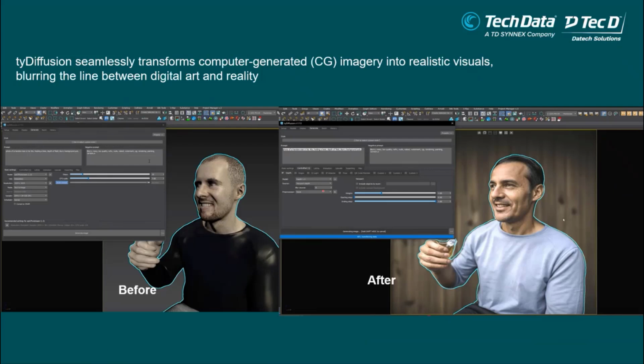Let me see. You can put some words here, anything. Let's say generate the man holding something, and then you can choose any parameter here.